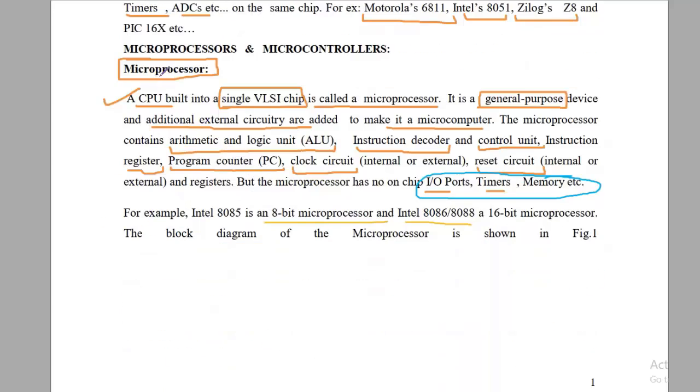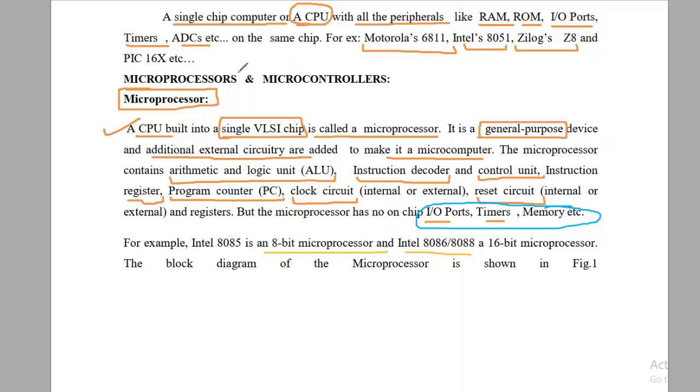Now let's talk about what a microprocessor is. A microprocessor is a CPU which is built into a single very large scale integrated chip, and it is known as a microprocessor. You can say it is a general purpose device which, if we add some additional circuitry, will become a microcomputer. It has an ALU, instruction decoder, control unit, instruction register, program counter, clock circuit, reset circuit, and registers, etc. The difference between the microcontroller and microprocessor is that a microprocessor does not have input output ports,